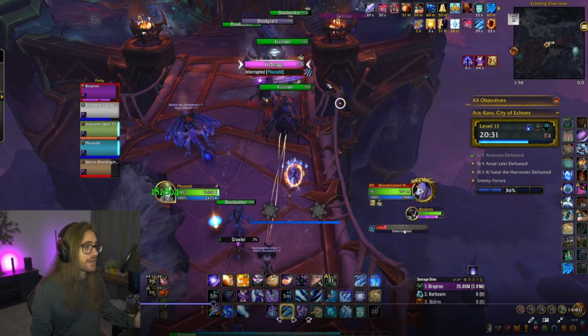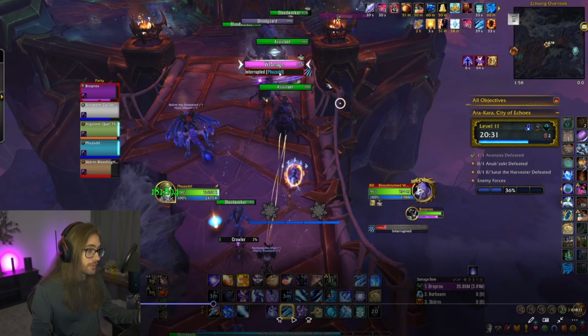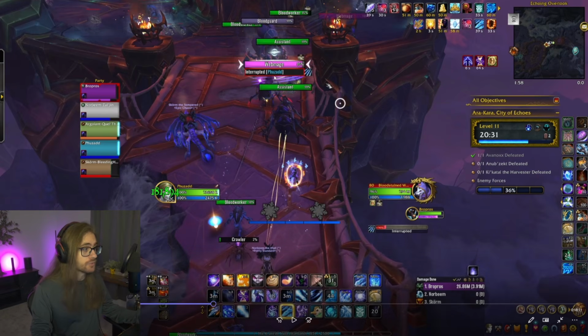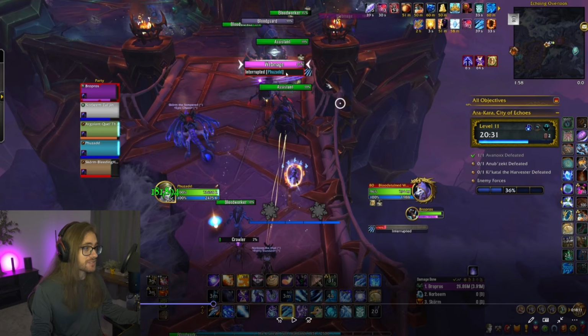So as you can see right now, I'm targeting this Web Mage. The pink nameplate is going to indicate that this mob has an ability that you should try and interrupt. Now, the Web Mages do a couple of different spells, as you can see there. It's also going to show who interrupted the cast, so you know who used their kick. So pink, again, is going to indicate that the mobs are casting spells that you're going to want to try